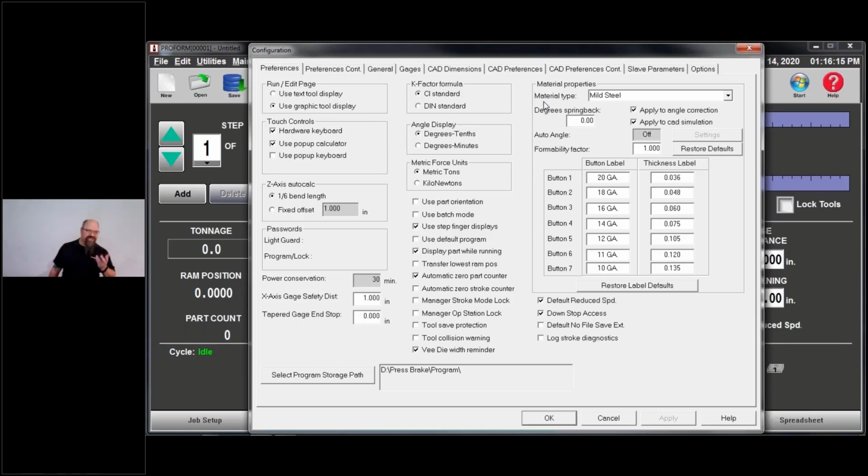If you are at the machine, the options at the machine will not be the same as in the offline software. In the offline software, I am logged in as the administrator, meaning I have the keys to the kingdom. I have access to just about everything, depending on my computer settings.